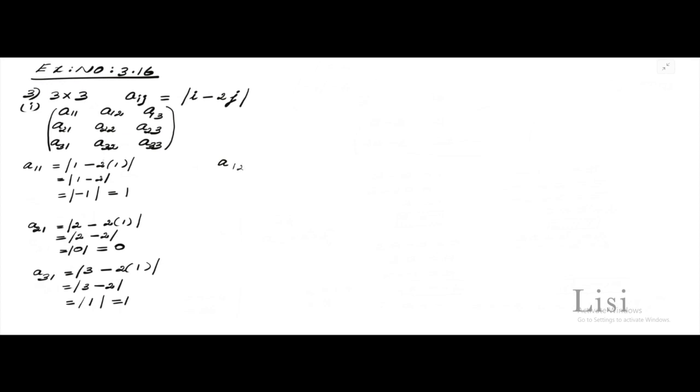A12 is equal to determinant of i is 1 minus 2 into j is 2. That is equal to determinant of 1 minus 2 into 2 is 4. It is equal to determinant of plus 1 and minus 4, isn't it? Find the difference. It is 3. The difference of 1 and 4 is 3, and 4 has a negative sign, so we put minus. So the determinant of minus 3 is plus 3.